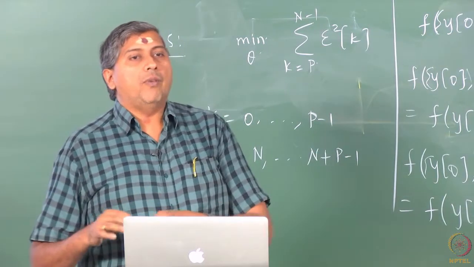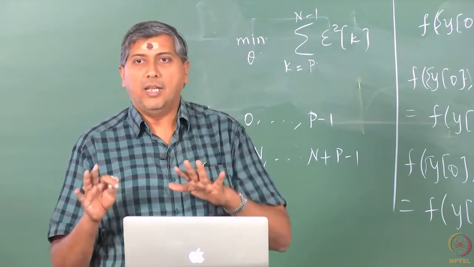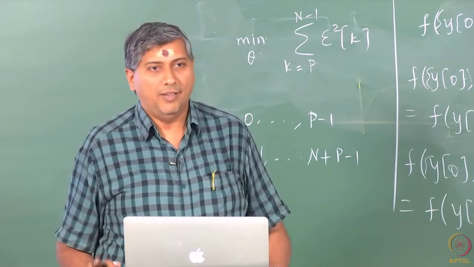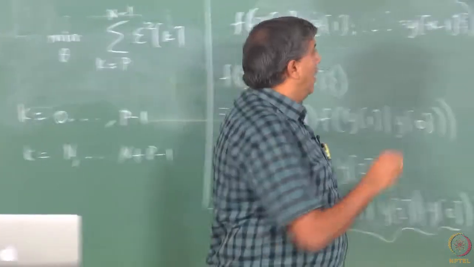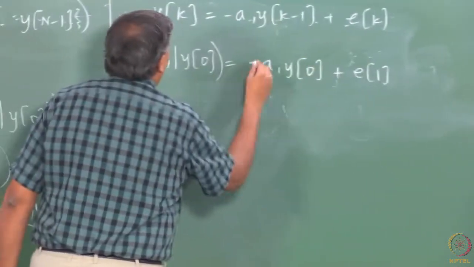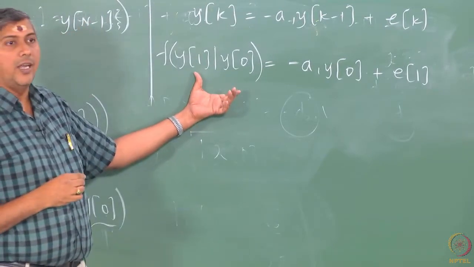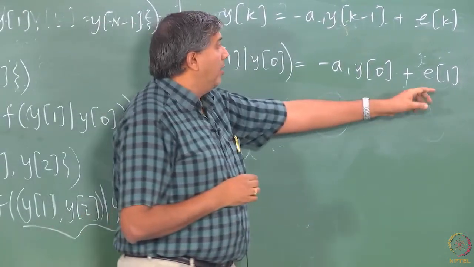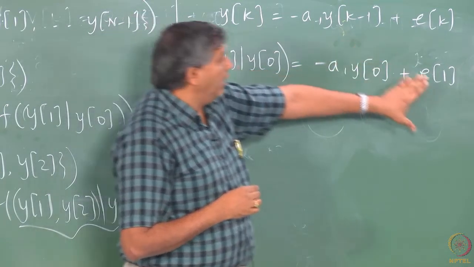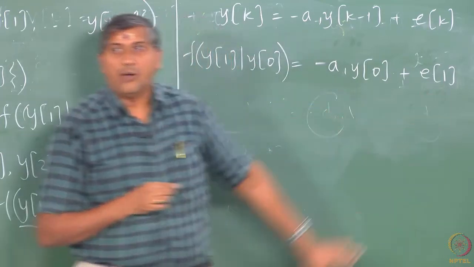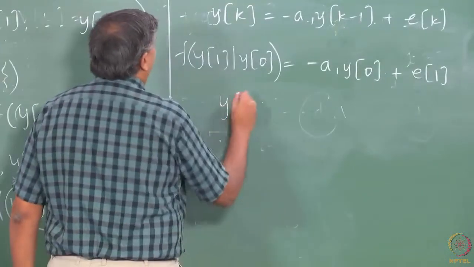Now, e1 given y0, anyway you can't do anything, it is just e1, whether you give y0 or not. So, we will omit that, because there is nothing in y0 to predict e1, we will just retain this as e1. I am interested in the PDF of this variable. This is a random variable. Why is this a random variable? This is no longer random because this is fixed. Only this is causing randomness to y1 given y0. That is the big difference between conditioned y1 and unconditioned y1.